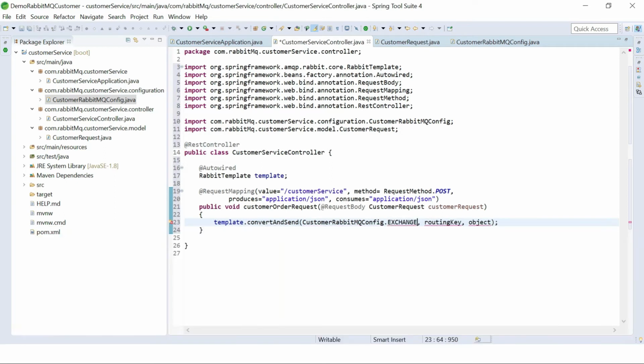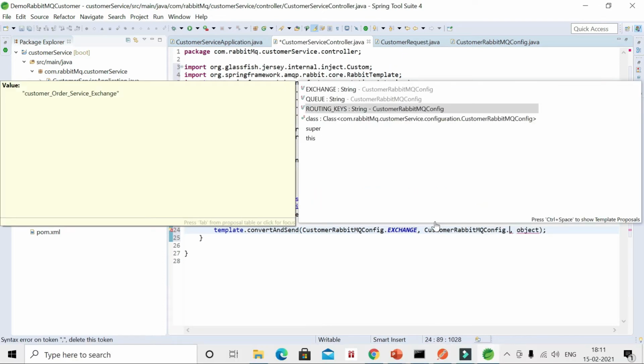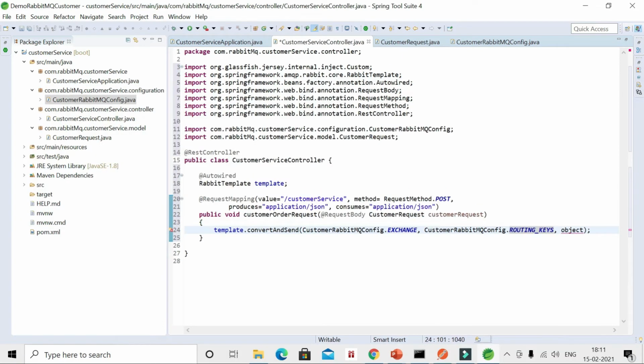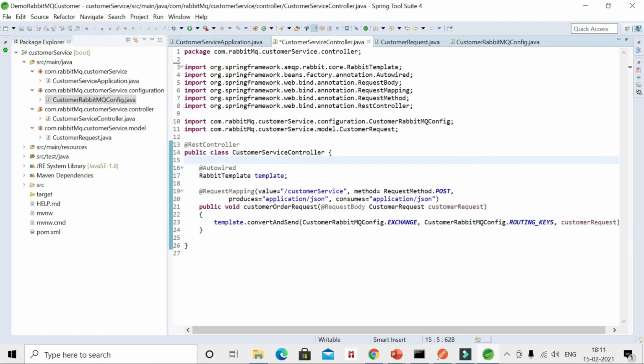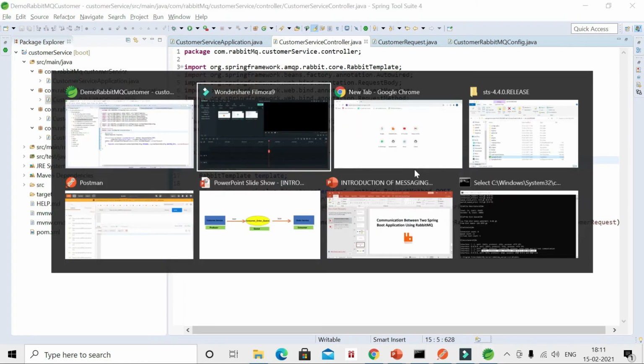Okay, exchange is coming now. Customer dot routing key. Okay, and the object is this. So I think we are done, right? Yeah, so we are done, and now I will show you the Chrome.